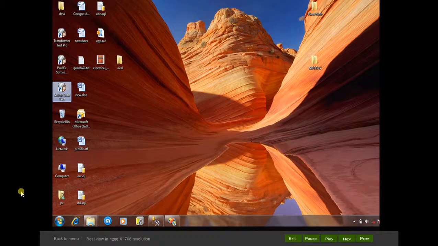Let us see how a user benefits with the use of Motor Auto Test. The user starts the software by double-clicking on the icon of Motor Auto Test.